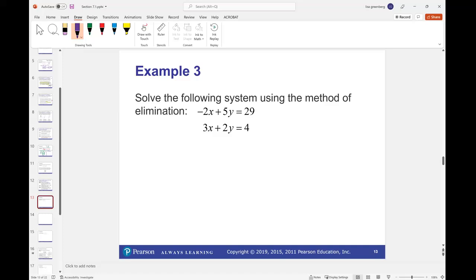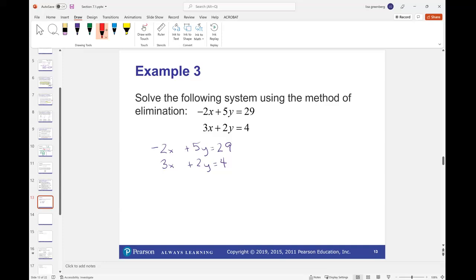So let's just rewrite this. So we have -2x plus 5y equals 29. And we have 3x plus 2y equals 4. Okay? And I'm going to eliminate x. That's the way I'm going to do it first. I'll do it both ways for you. So here I'm going to choose to eliminate x. And to eliminate x, I have